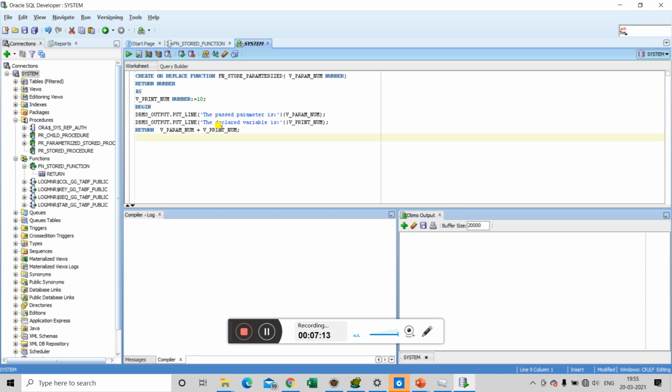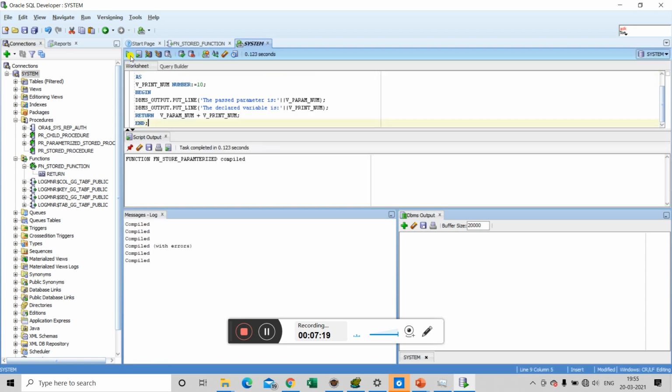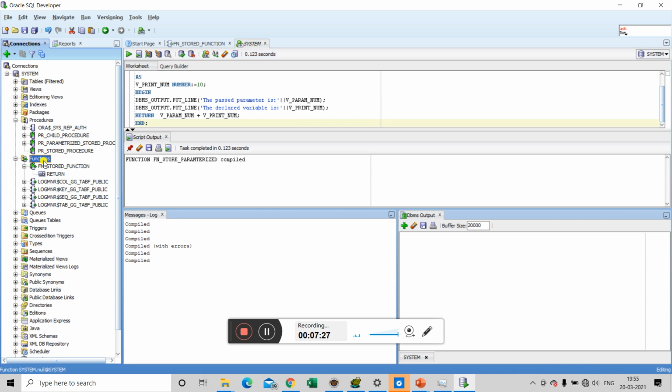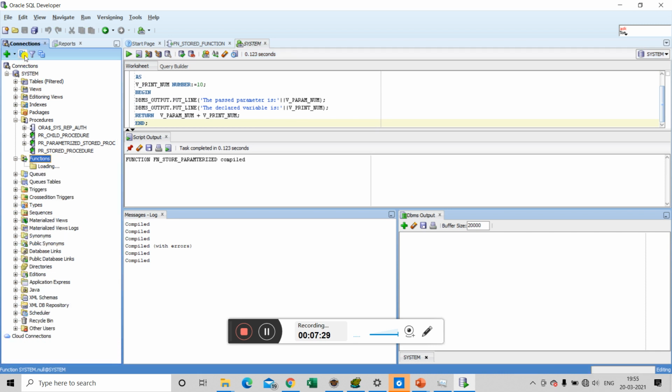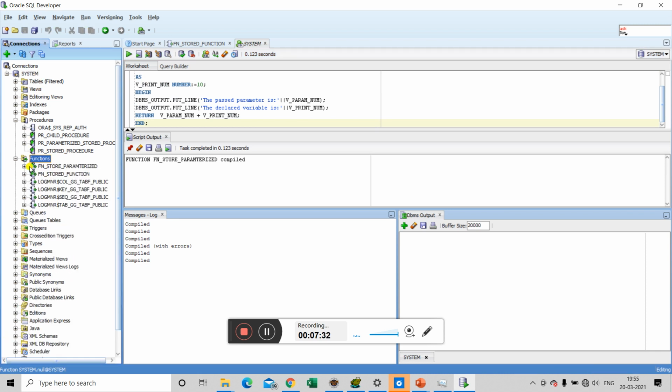Now we can close our execution block using the end. Using the run statement, we can create our stored parameterized function. After refreshing the functions palette, we will be able to see our stored parameterized function as well.